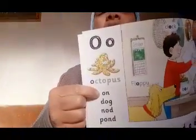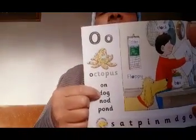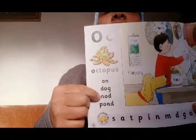Yeah. Some other words that have got the sound O in them are on, dog, nod. What does nod mean? Yeah. Nod is when you agree to something, you nod with your head. Nod. And we have pond. Let's see. Oh, the next sound is